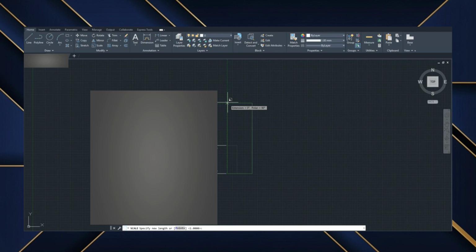This technique is perfect for correcting imported drawings, resizing plans, or matching objects to known dimensions without